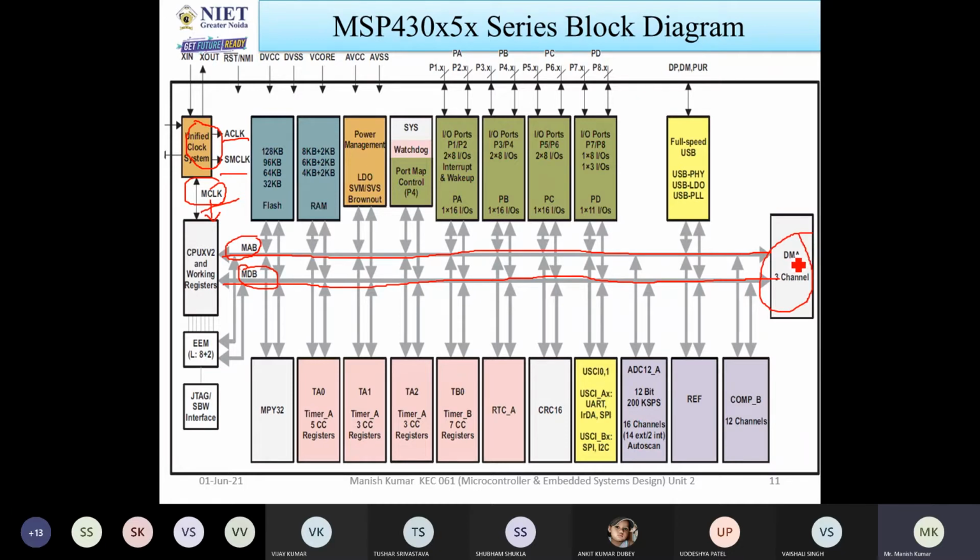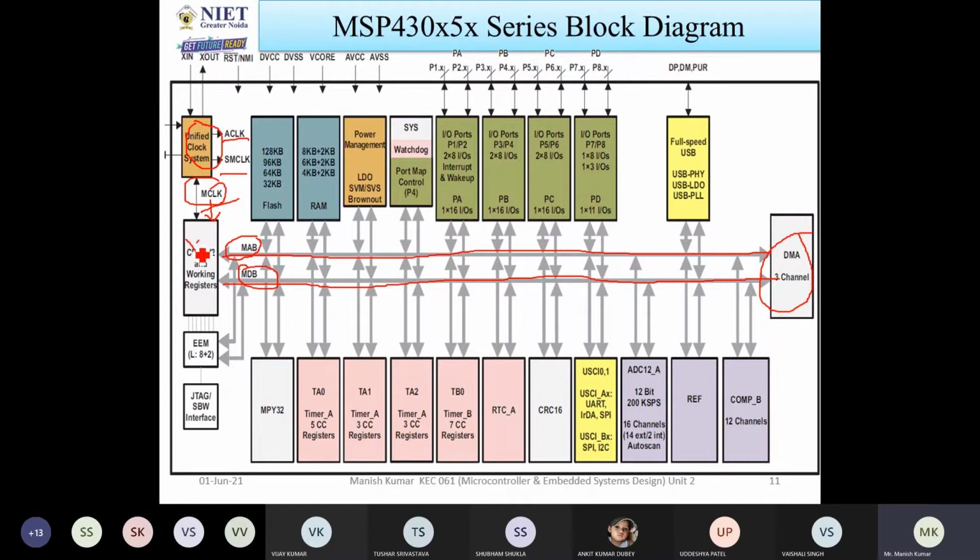I already discussed: DMA is used for transferring data from one device to another device or one location to another location. Whenever DMA is being used, there is no use of the CPU. At that time the address bus and data bus will be used by the DMA controller, and the CPU will not do anything.